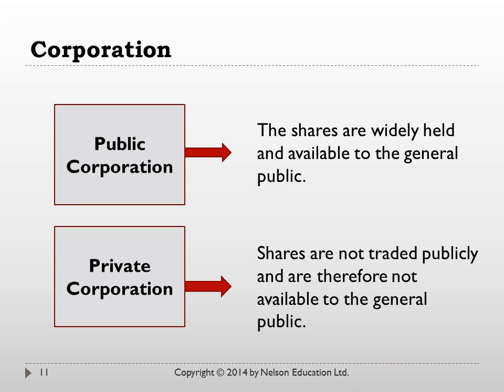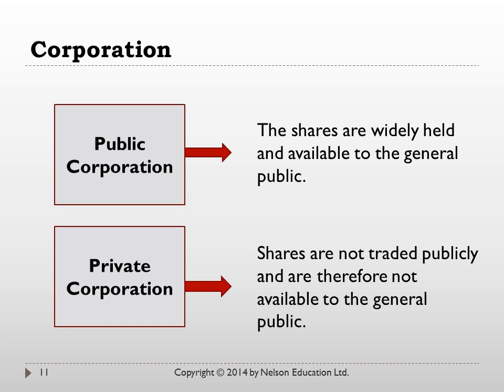So once you've checked the names available, you will apply for articles of incorporation. And the articles of incorporation will generally specify the name of the company, the province in which it will be registered, and where the head office will be. It'll discuss and authorize the types of shares that can be issued and the numbers of shares that can be issued. And we've seen that there are different types of shares: preferred shares, common shares, convertible shares, etc. So the articles of incorporation, or the birth certificate of the corporation, will dictate what types and number of shares that the company can